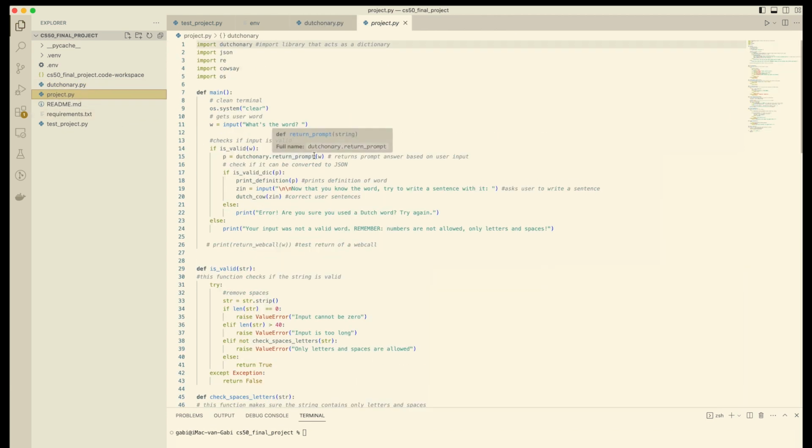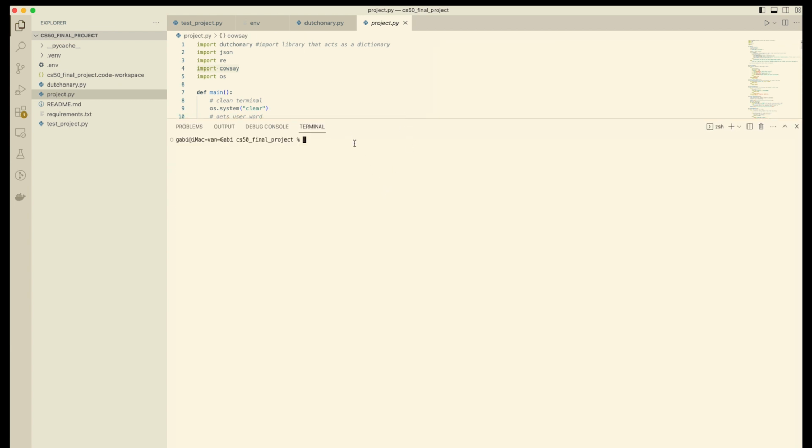And last but not least, to make things a bit fun, well, the Netherlands is also known for their cows. So when we are correcting the sentence, we are going to use cowsay. So I can come here and then I can run my program, python project.py, and I'm gonna get asked, what's the word? Wow,